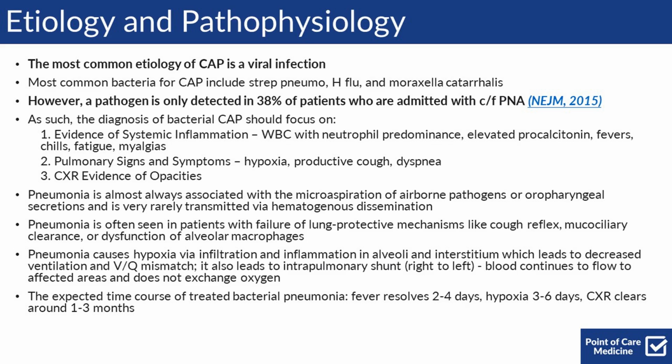Pneumonia is almost always associated with the microaspiration of airborne pathogens or oropharyngeal secretions and is very rarely transmitted via hematogenous dissemination. Pneumonia is often seen in patients with failure of lung protective mechanisms like a cough reflex, mucociliary clearance, or dysfunction of alveolar macrophages. Pneumonia causes hypoxia via infiltration and inflammation in alveoli and interstitium, which leads to decreased ventilation and VQ mismatch. It also leads to intrapulmonary shunting from right to left, as blood continues to flow to affected areas and does